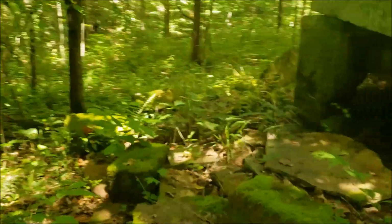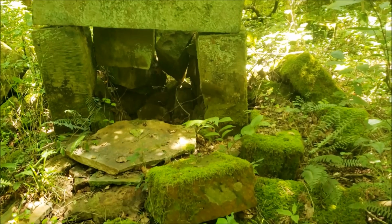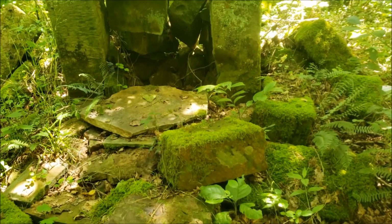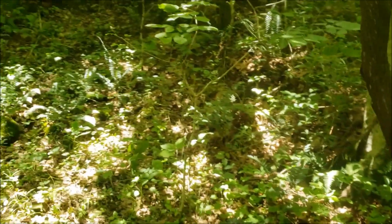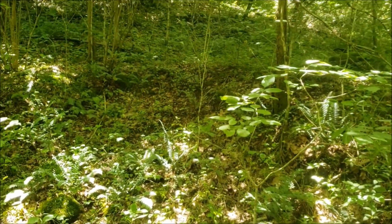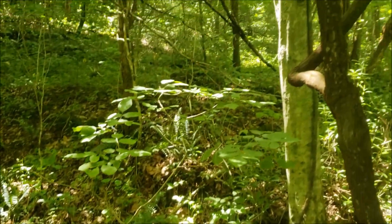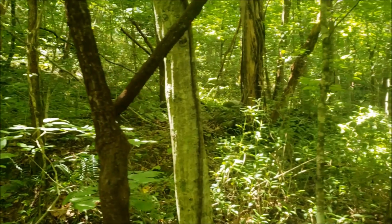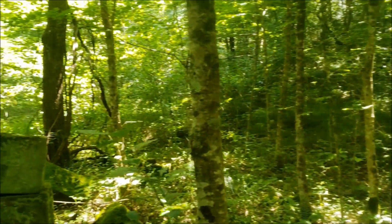Let's see. Maybe it was this side. It's kind of hard to tell because so much of it's knocked down. The other side may have been the back side, but it's hard to tell because of the way the ground is. I know you probably can't see it through the camera. It's kind of dug out here, so there's some more stones up there. I'm not too sure how this was laid out, but there's definitely, with the way the drive